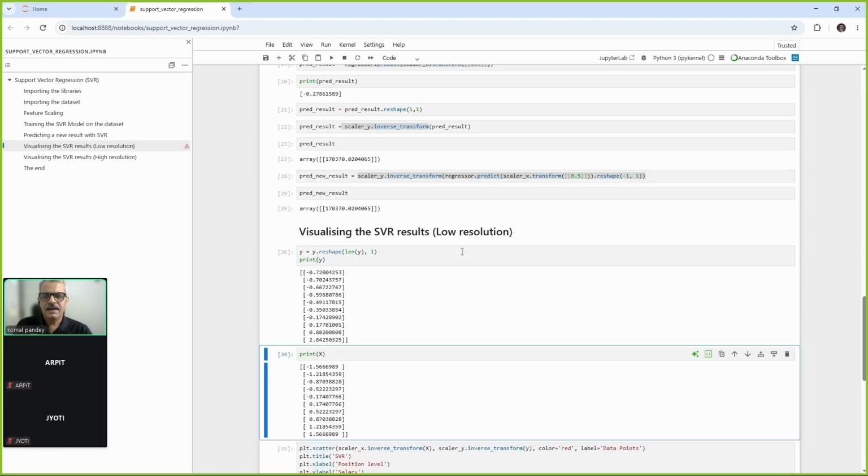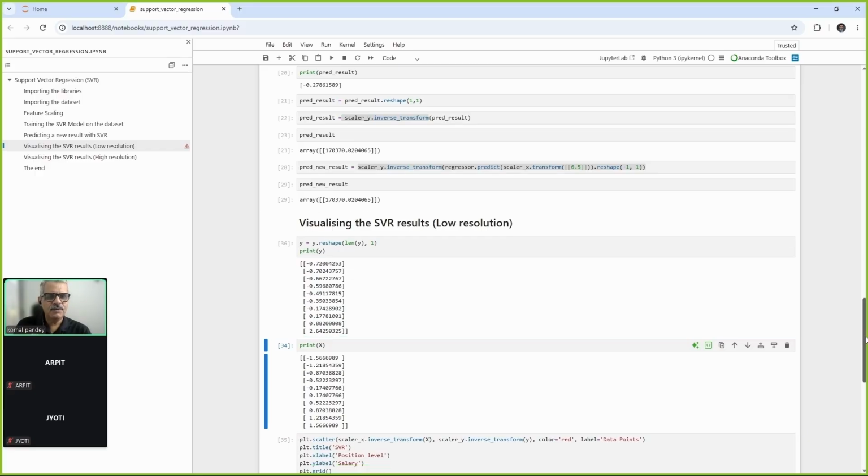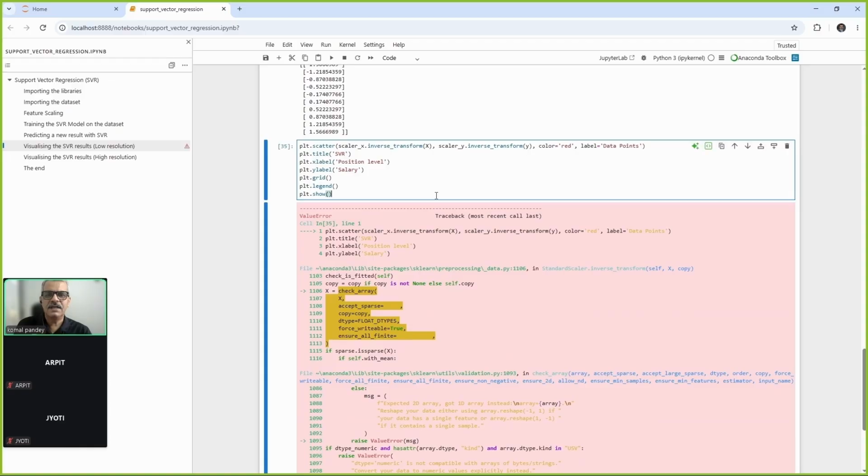Run this cell, and now y is a 2D array. If you run the plot cell again,